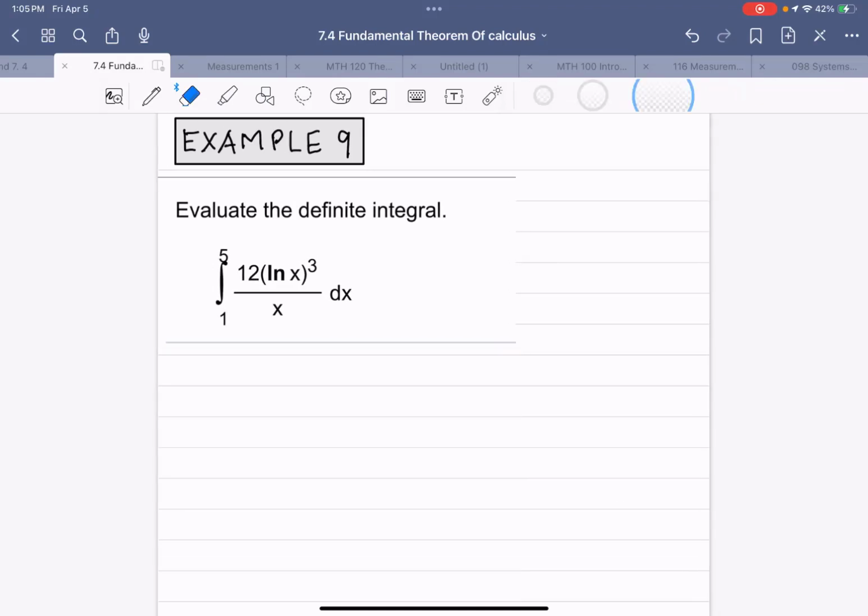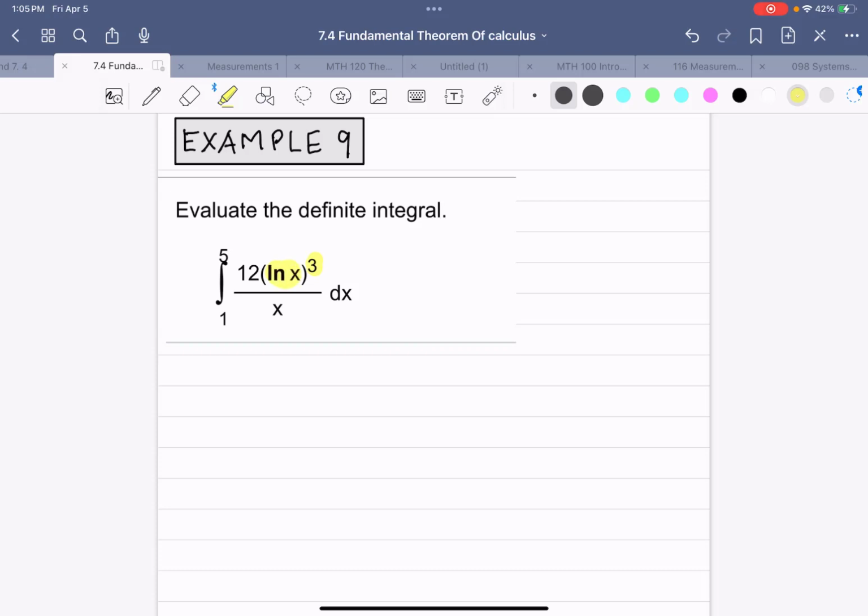Example 9. Evaluate the definite integral from 1 to 5 of 12 times the natural log of x to the third divided by x. And notice that this 3 is on the outside of the parentheses, and that means this whole thing is being